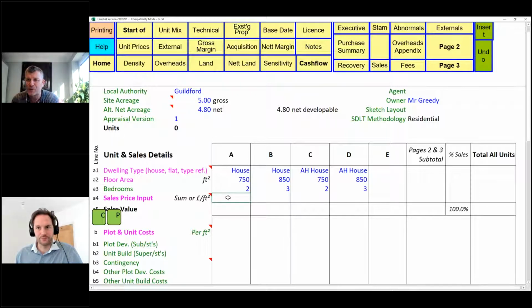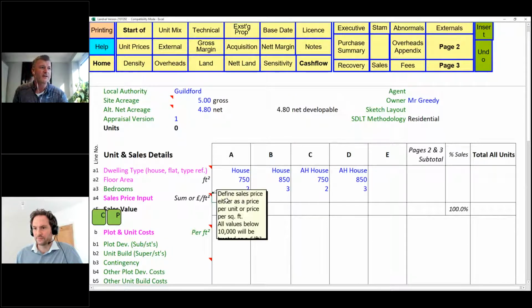So, your view on value. Now I'm looking at these, which are going to be our sales units. These ones are going to be affordable. You've got 5 in view, but you can do a lot more. On pages 2 and 3 you get more columns, so you can split quite a few columns on there. I think it's 64 different columns you can do in total. So there's quite a lot you can do there.